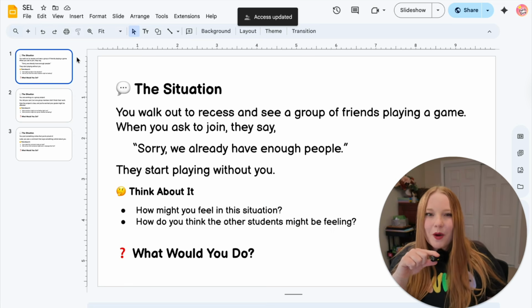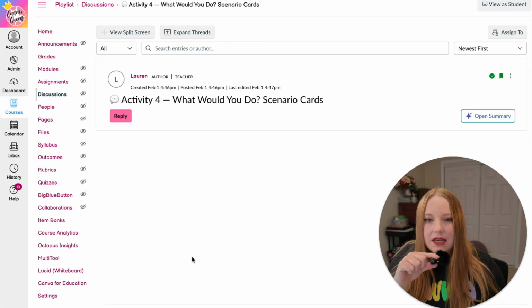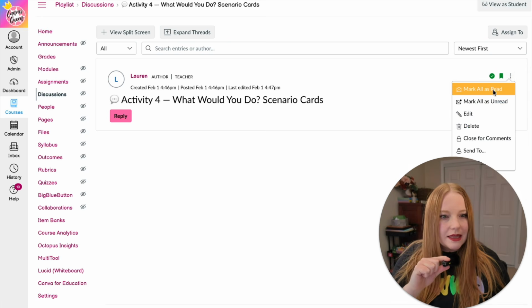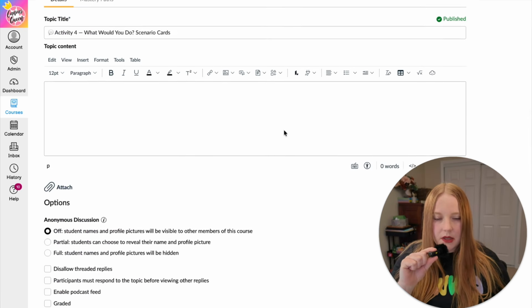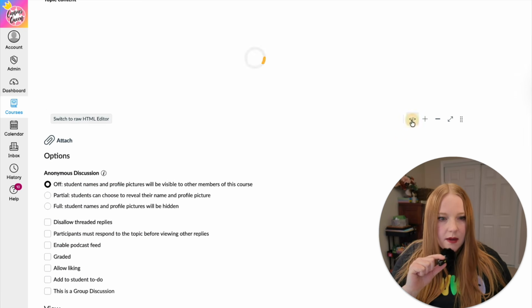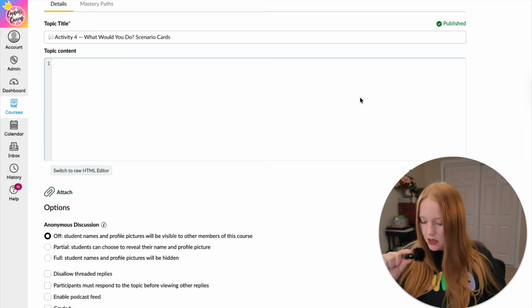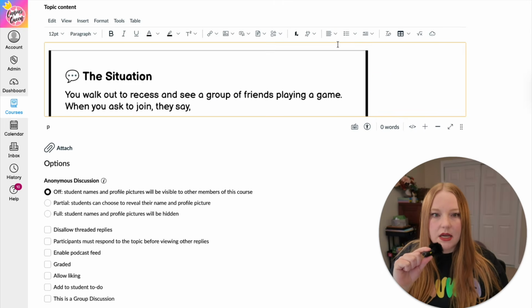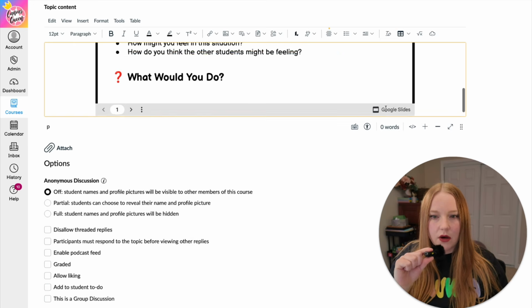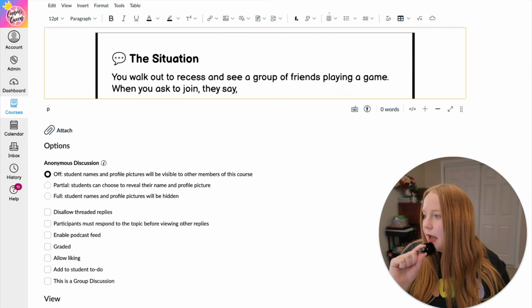And then we will go back to Canvas, to our discussion board. Click the edit button. And in edit mode, let me minimize my little menu over there for a second. I'm going to select the HTML editor, paste in my code, my iframe, and then you will see here, I'm going to center my cards up. And so then I'm going to add a bit of